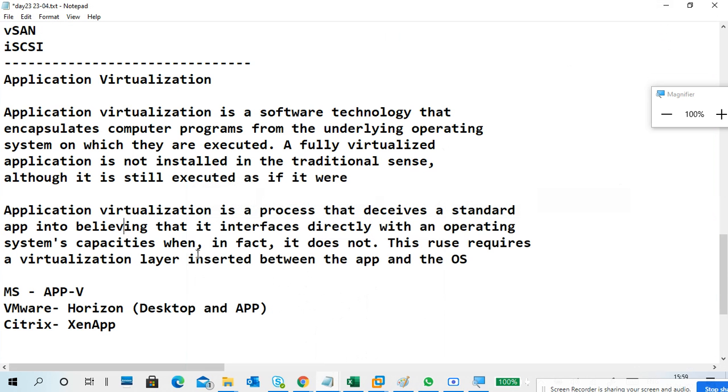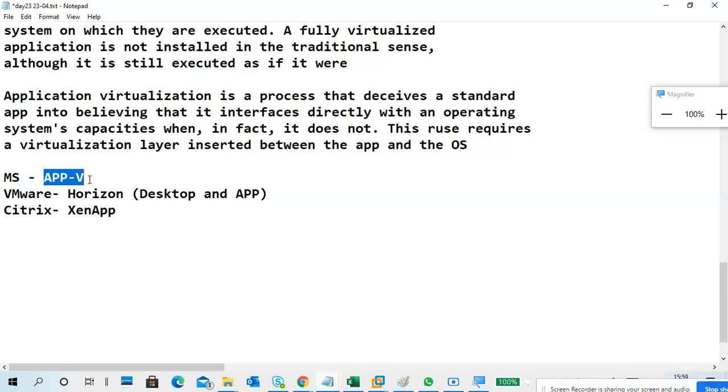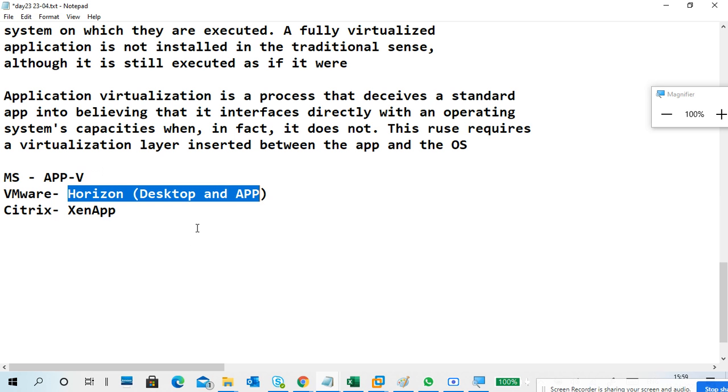Practically we can't see that one. Different organizations provide different products to virtualize applications. So Microsoft App-V, VMware provides Horizon for both desktop and application virtualization, and Citrix XenApp also works like that.